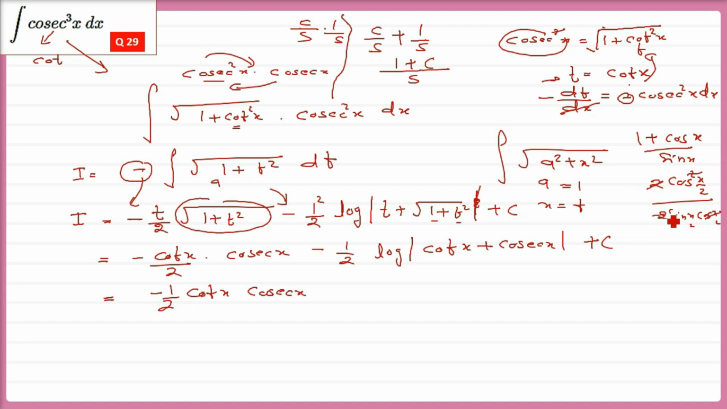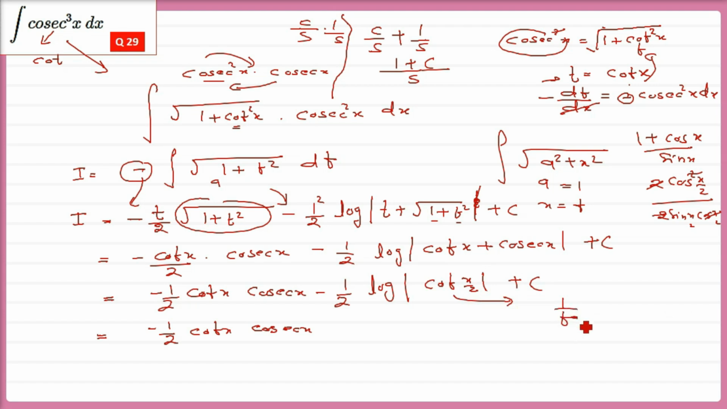Cos x can be cancelled, 2 can be cancelled, the number 2. Cos x by 2 by sin x by 2 will become cot x by 2. So minus half log cot x plus cosec x, after simplification, can be written as cot x by 2 plus constant of integration. Now you can keep it like this, but if you want more simplification, or in order to match the answer with the R.D. Sharma solution,